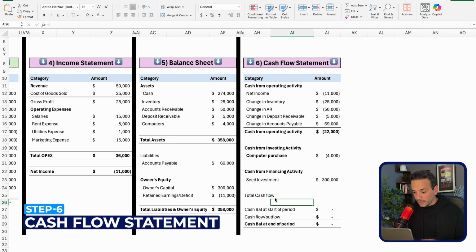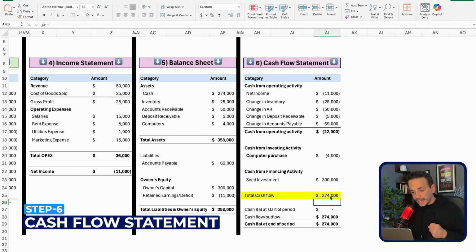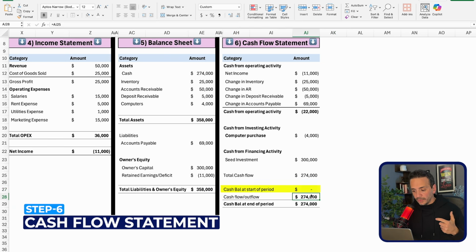Now, total cash flow, we'll add the three sections: operating, investing, and financing, and we'll say the three added together equals to a flow of $274,000 of cash coming in the three areas: operating, investing, and financing. Now we'll say cash balance at the start of the period, that was zero. Our inflow outflow, which is 274, we'll put that here, and cash at the end of the period,